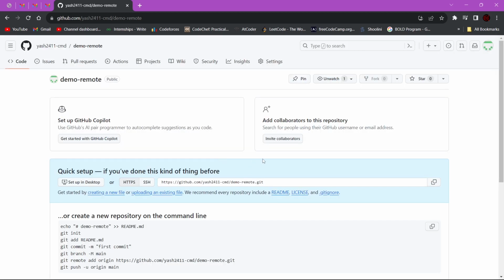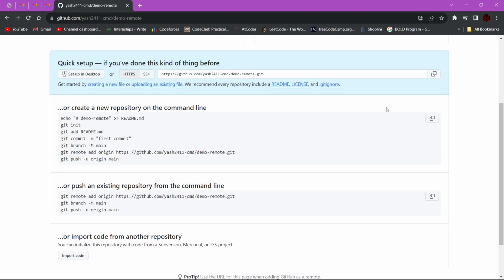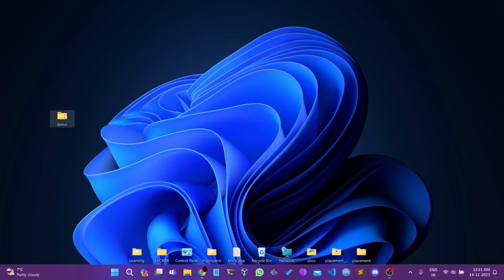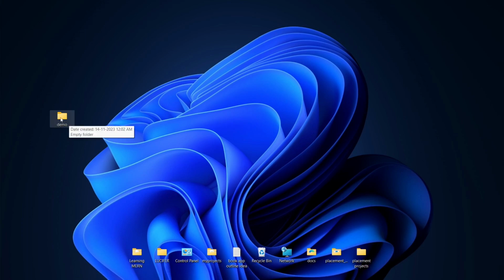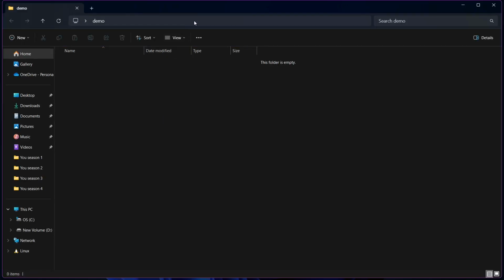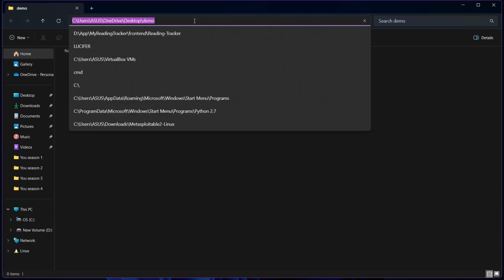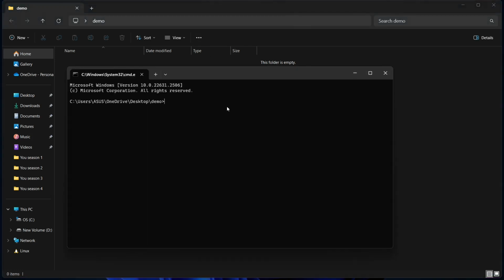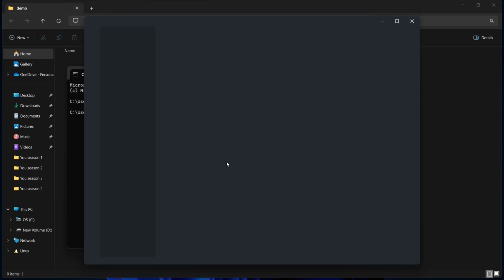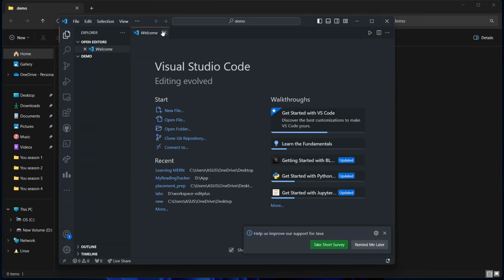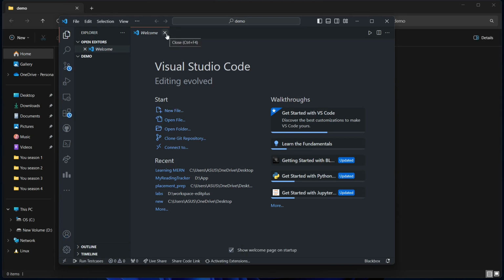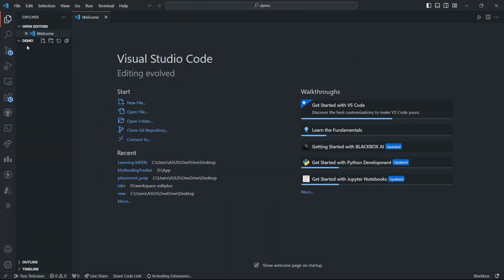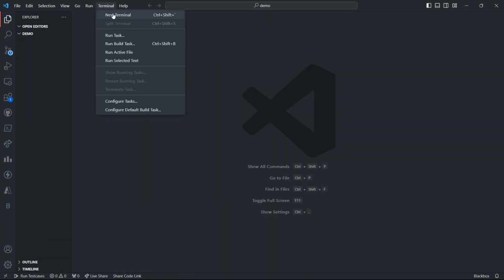So now that we have created our repository over GitHub, we'll go to desktop. I have created a folder demo. So once we open this folder, I'm using VS Code here. So let me just open VS Code. Here you can see that I have opened my VS Code, that is Visual Studio Code. You can choose any of your preferred IDE. I just work on VS Code. So next we will open a new terminal,